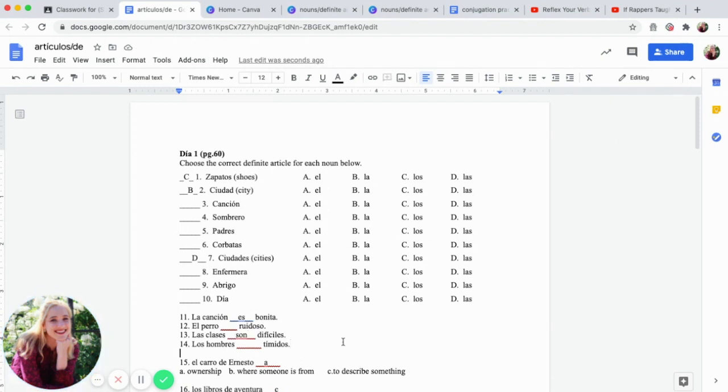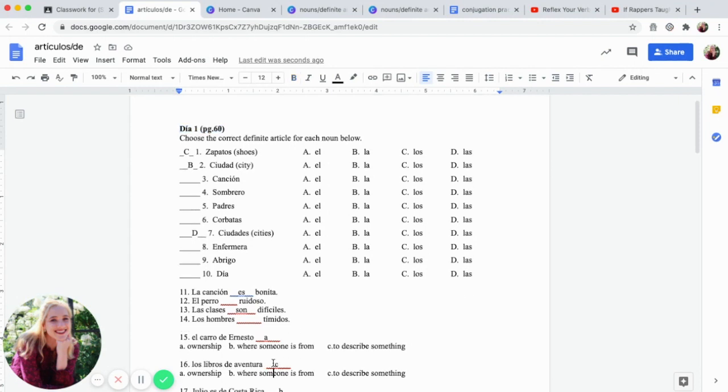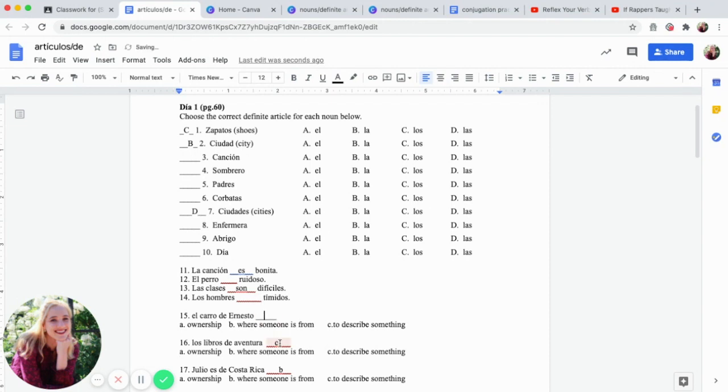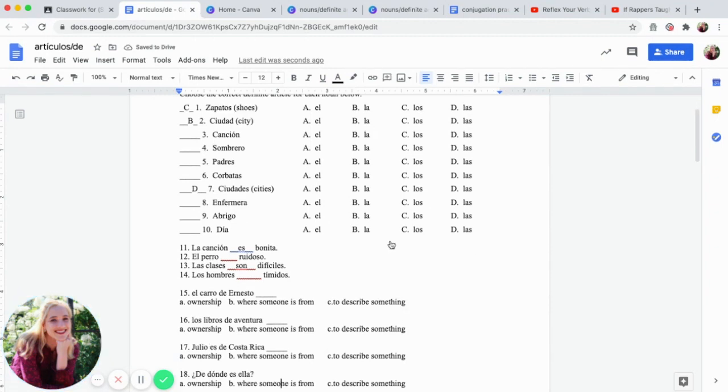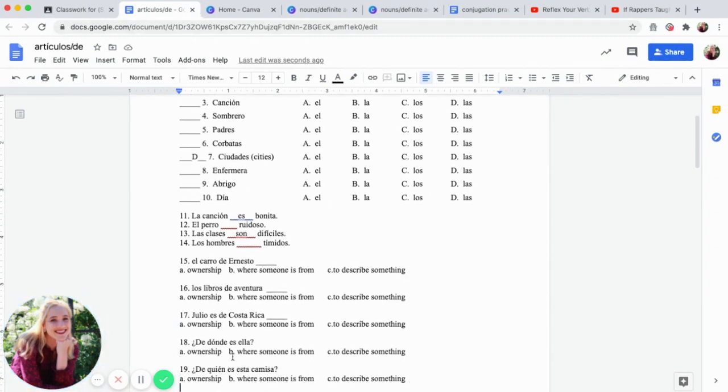And lastly, let's look at this bottom section. Again, today we're just doing día uno. We're just doing day 1. Okay. So what we need to do now, we talked about the different uses for the word de. When we use de, possession or ownership, to talk about where someone is from and to describe something or to categorize it. So if we're saying el carro de Ernesto,